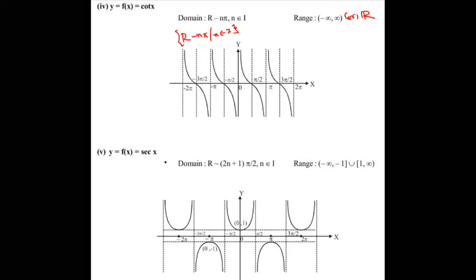Clear? So what you are observing, the domain of cot x and tan x are the same. So the domain of tan x is equal to the domain of secant x, both are the same. So the range is different. What is the range? We can write like this also: any real number minus the open interval (-1, 1). We can write it another way like that. Only observation. So when I am asking, please respond. Graphs.